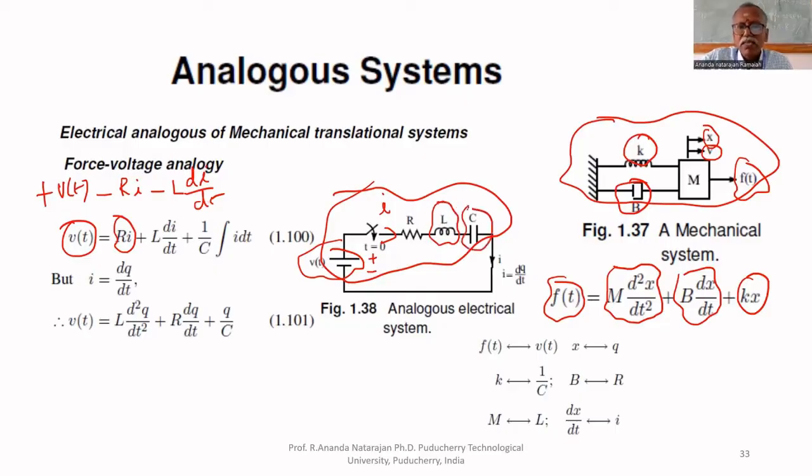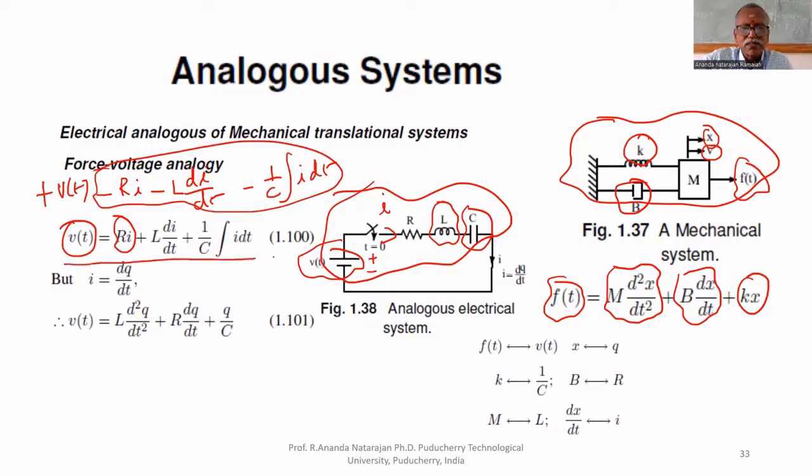What is the drop across C? Minus 1 upon C integral of I dt. If you bring all these to the right hand side, you will get this equation. So this is the mathematical model of the given electrical circuit. If you write in terms of charge, you will get V of t equal to